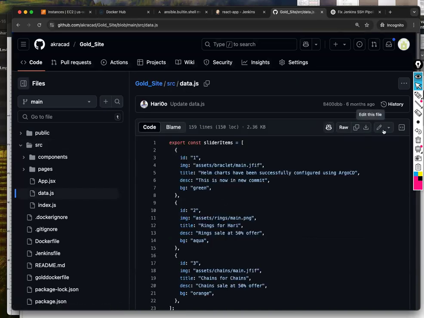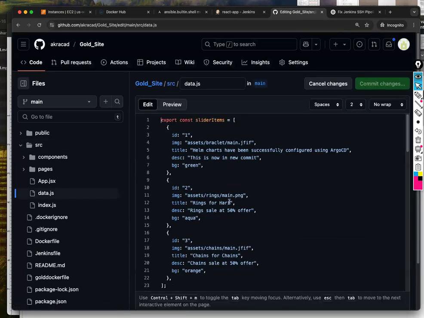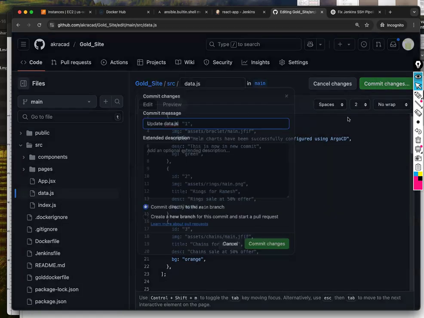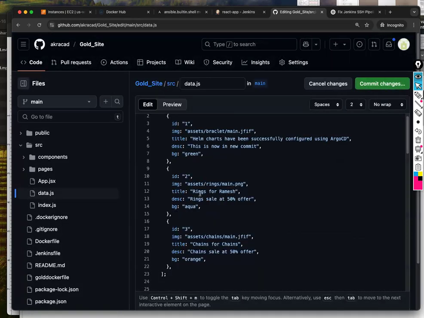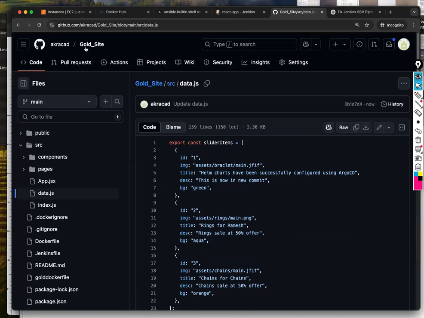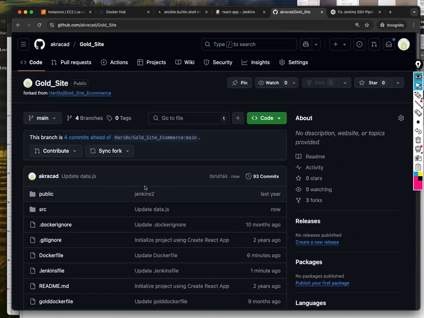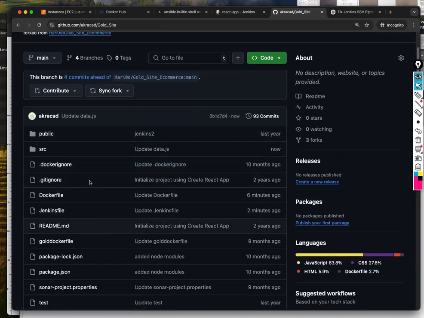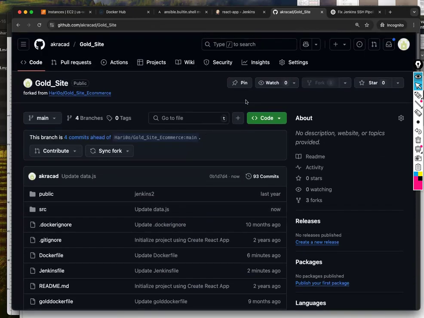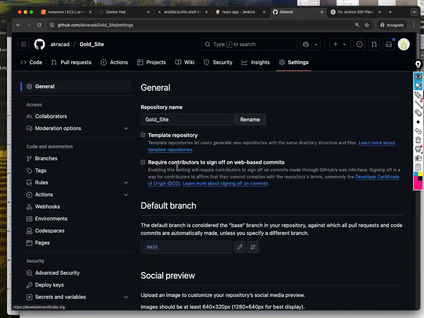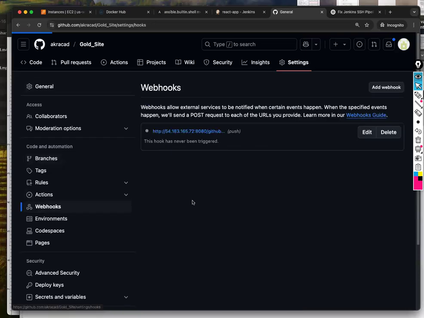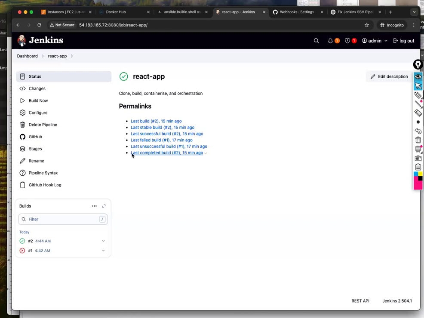data.js. Here I'll just modify it, I'll say rings for Ramesh. Now I'll commit it. Okay, it's committed just now. Now if I go to settings, webhooks, the last delivery was successful. Okay, if I go to Jenkins and refresh,